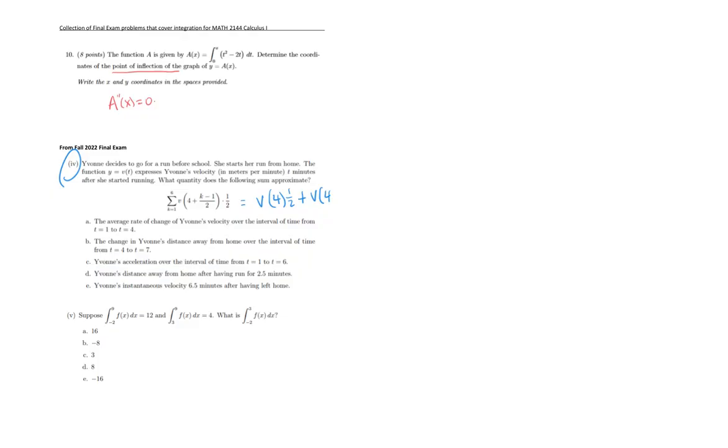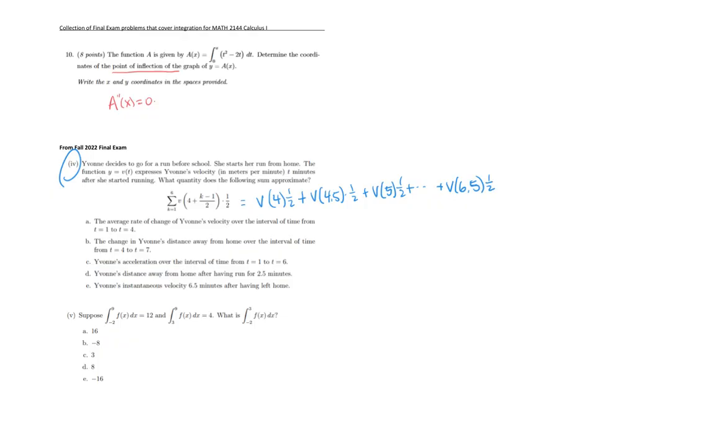So 4.5 times 1/2 plus v of, well, it's just going to be 5 times 1/2 and so on. The last one that I plug in, when I plug in 6, it'll be 4 plus 5/2. So v of 4 plus 5/2 would be 6.5